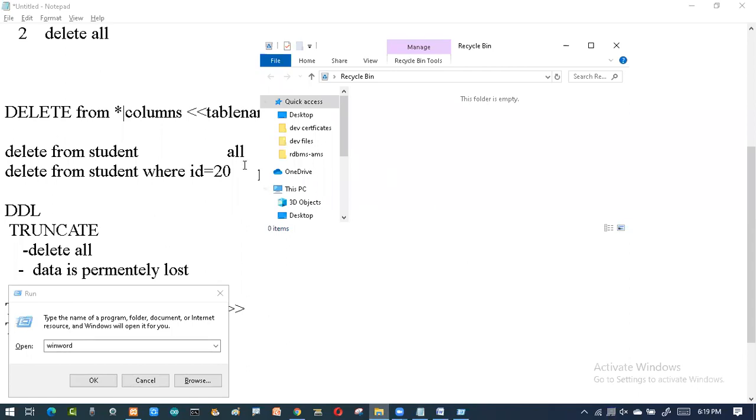See here on my screen, there is a Devendra certificate file, RDBMS, AMS. After completing your course and everything, if you think that this is occupying a lot of my space, videos are there, all the things are loaded on my computer, so my space is filling up. If you think that is not required, then simply use the delete command. The same thing you are doing with the truncate.